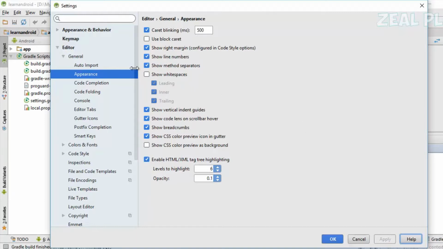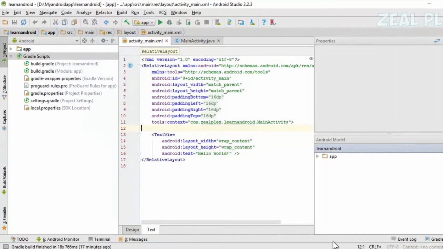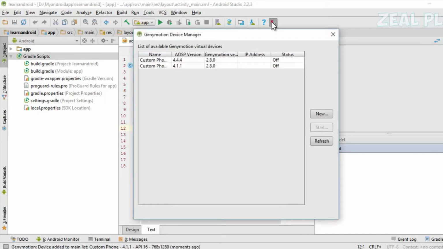So that wraps up all the settings, and then hit OK. Right now we are done with the settings inside your Android Studio, and I hope this is going to work inside it, but right now I have not used my